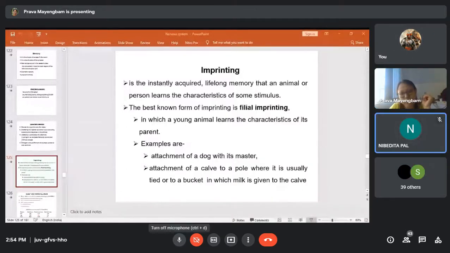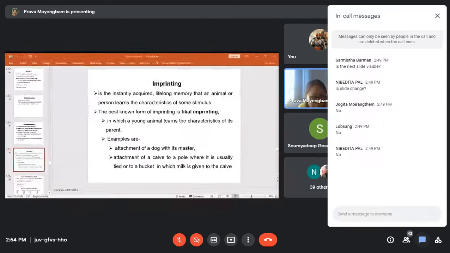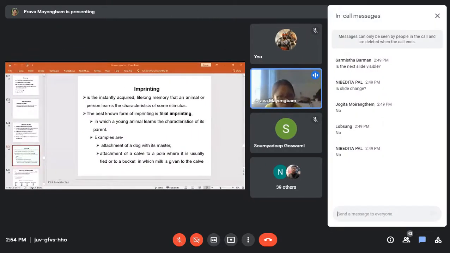Yes, ma'am. It is like those ducklings will instantly be able to swim. That is due to the imprinting. It means that the mother has given some inputs that we have to swim, and now the duckling is able to swim. But during this time, the chick will also try to jump onto water, but she will not be able to swim. That is due to the physiological inabilities.